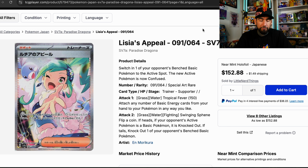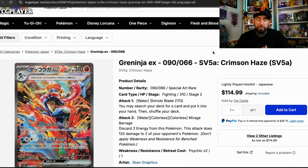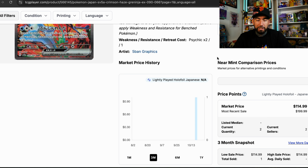Next we have everybody's favorite Frog Ninja in Japanese. I covered what this card is doing in English last couple of videos, but this Greninja EX in Japanese, in my personal opinion, looks way better. I've seen both in hand, and I like the Japanese version better. There's a lot of comparisons on TikTok and YouTube Shorts as well, if you want to check that out. But a lightly played version right here. I don't know why, no one wants the lightly played version. All right, we want something good. But $130,